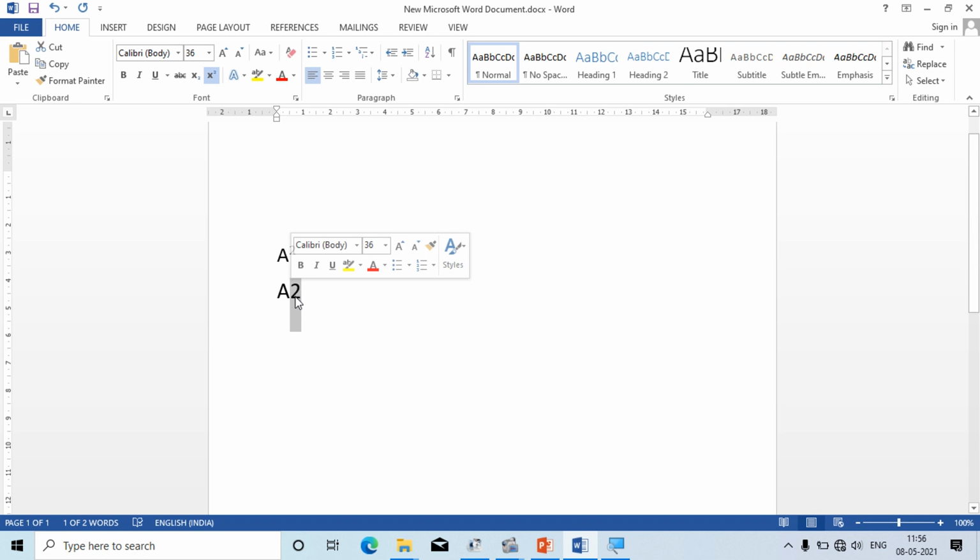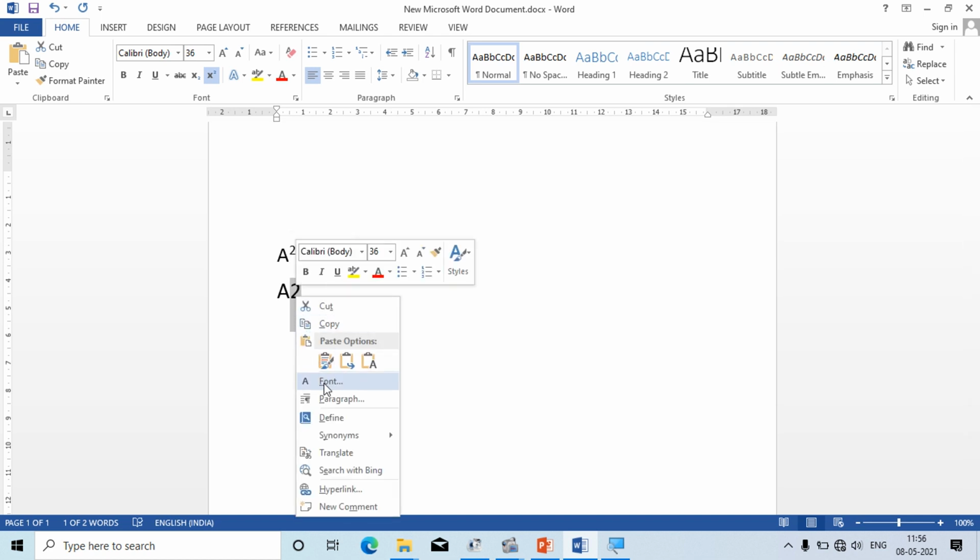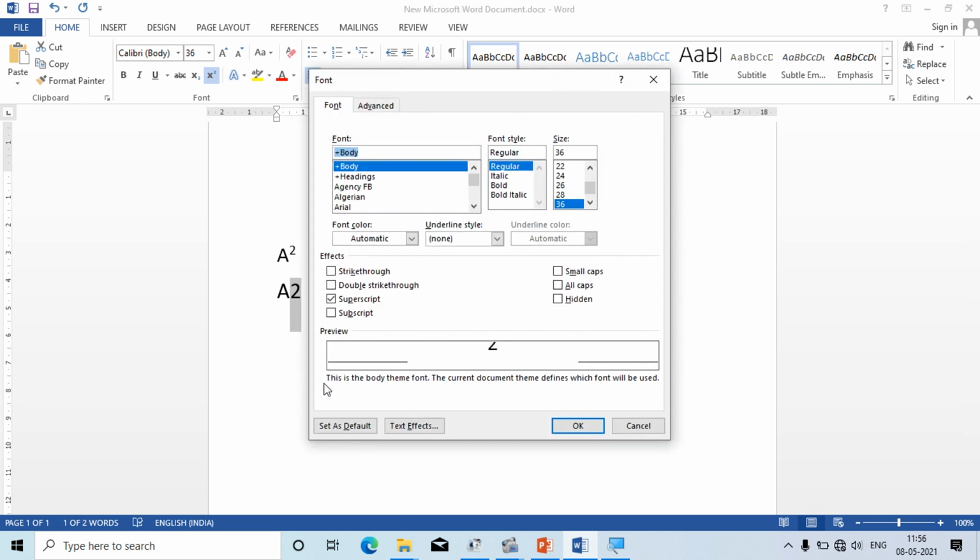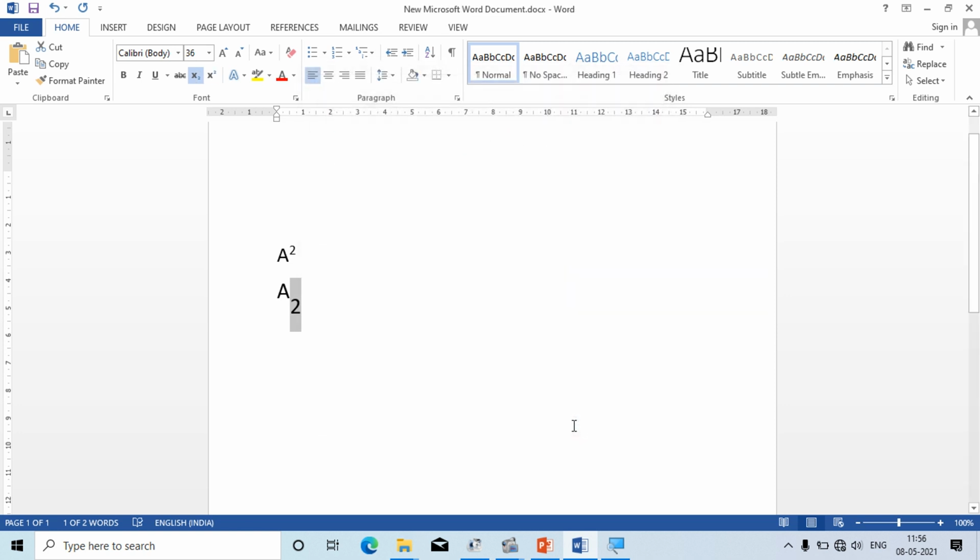Again right click and then go to font, and just click on the subscript option. As you all can see, the 2 has gone down, so click on OK after it. So the 2 has gone down, so this is called the baseline. So this is the actual option, superscript and subscript.